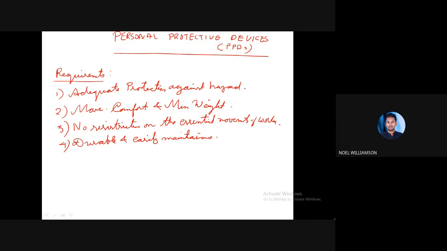Now we will see the various types of personal protective devices, how they can be classified. That is the PPDs, personal protective devices.